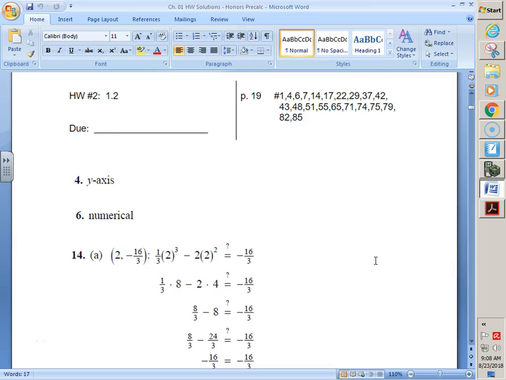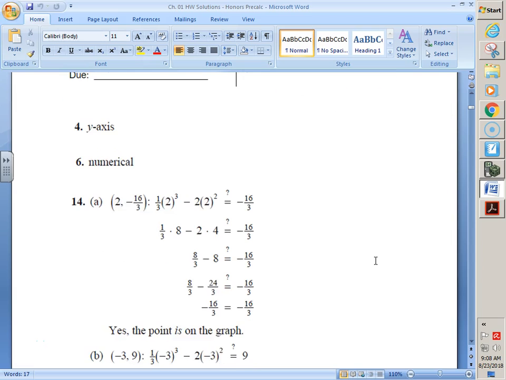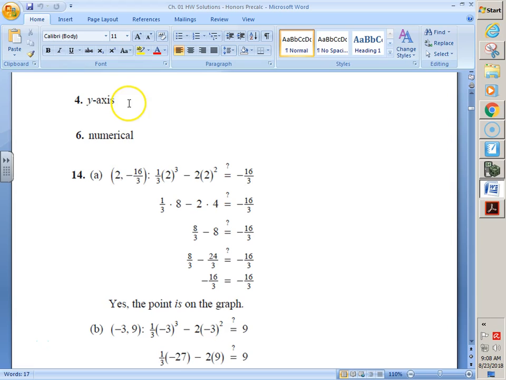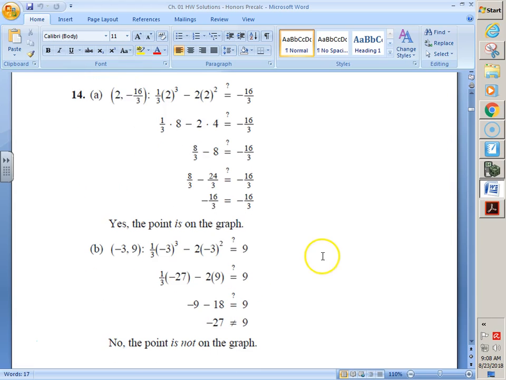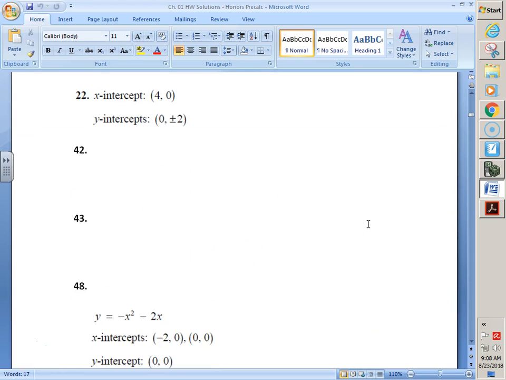For anyone just joining us, here's the beginning of section 1.2, homework number 2, as we grade the evens. If you need a little more time, feel free to pause this video and check as you grade. Number 4, number 6, number 14, A is yes, B is no, because of the true and false statements corresponding to those answers. Number 22,